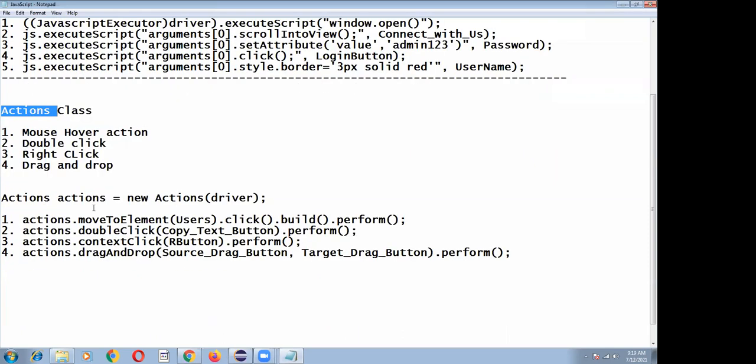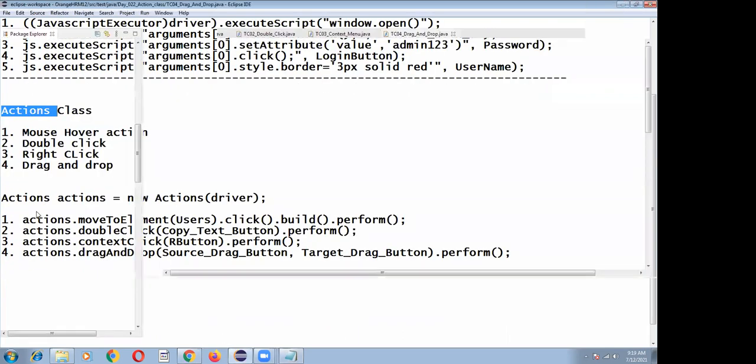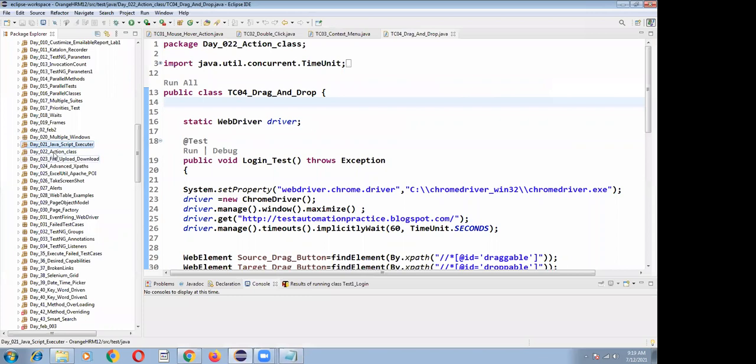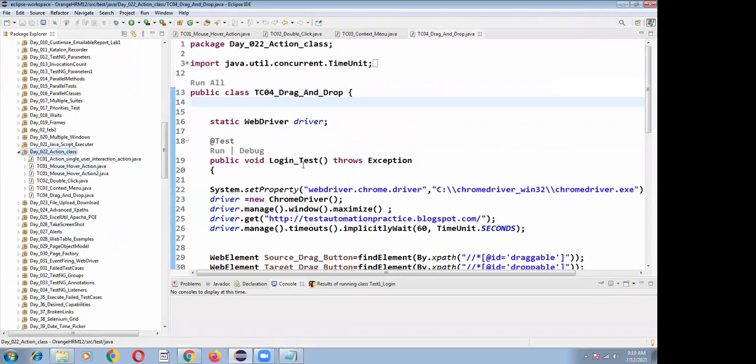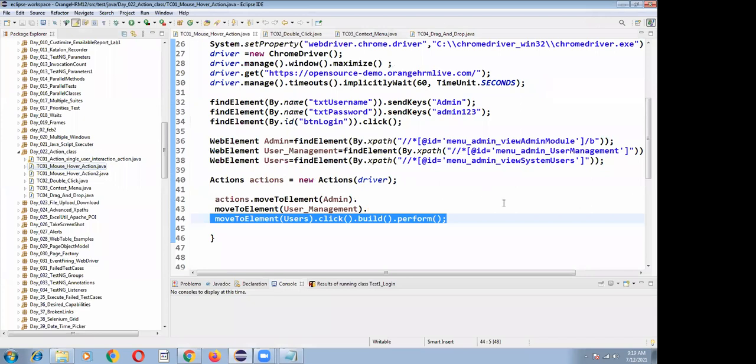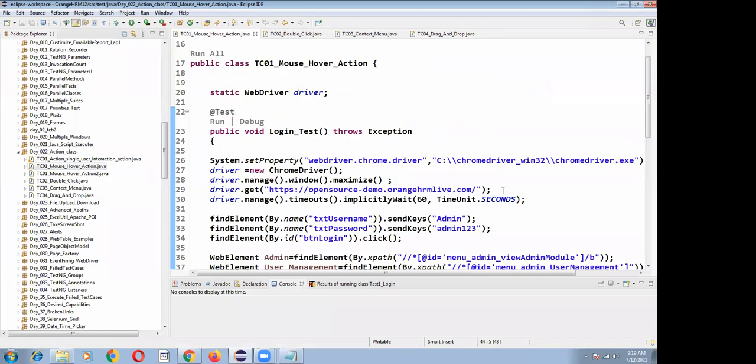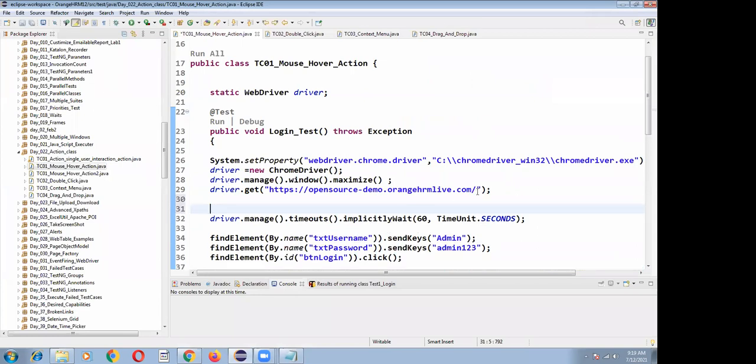Now let's see the first lab, lab number 22. Here I have written a set of driver instructions to launch the application URL. Let me launch my application URL.